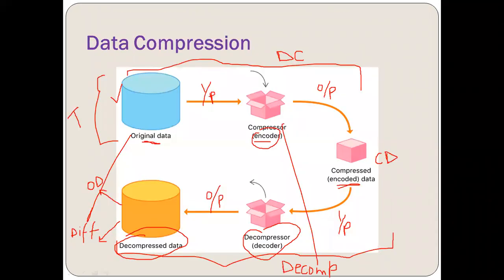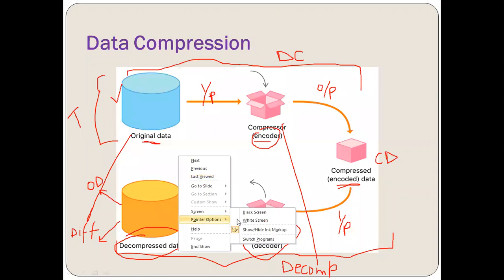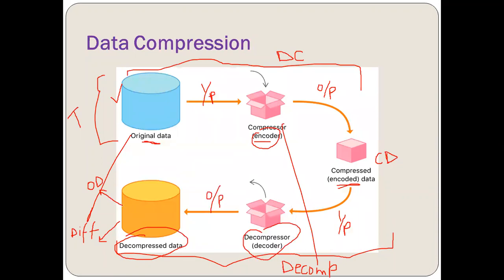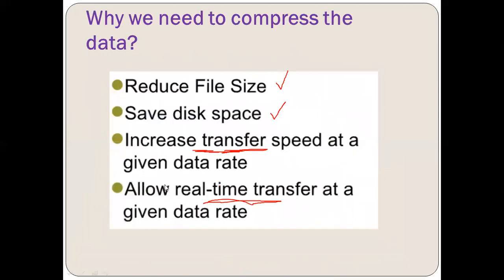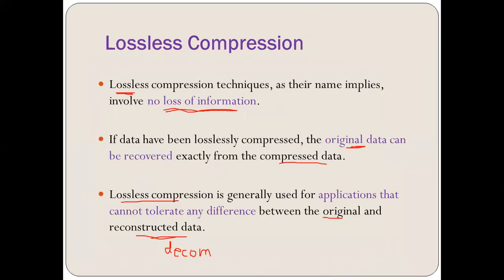Now, if we just move to the earlier slide where I was telling you that there is difference, there is the possibility that when we get the decompressed data, it can be same as the original data or it can be different from the original data. That means decompressed data is equal to original data, exactly matches the original data. That means it is lossless compression. Why lossless? Because there is no loss. That is why we are getting the decompressed data same as the original data, right? So this is what the lossless compression is, right?